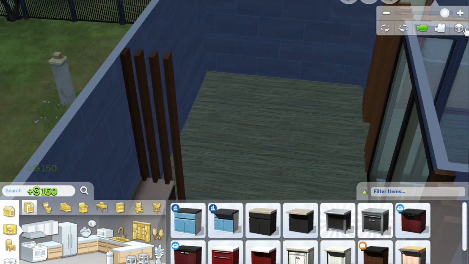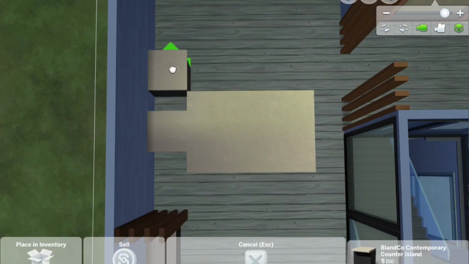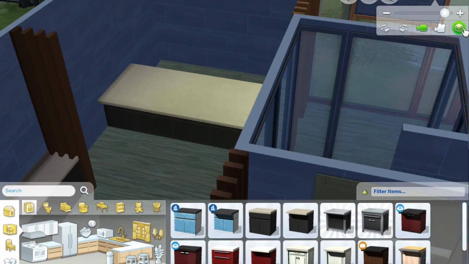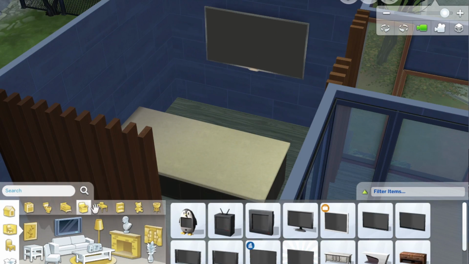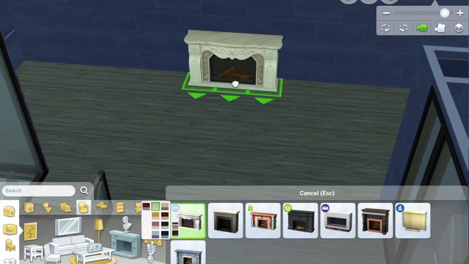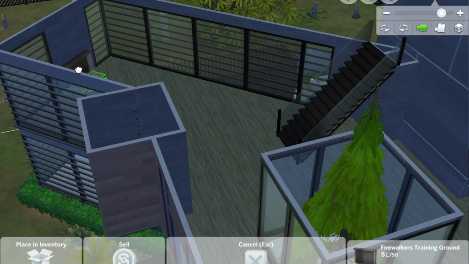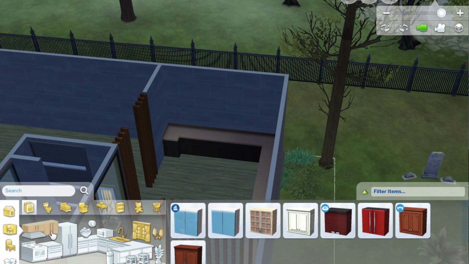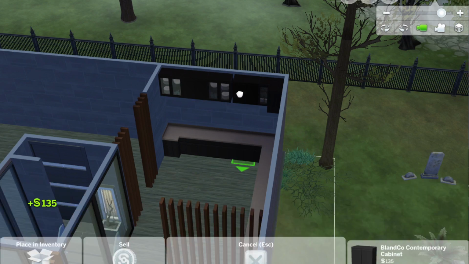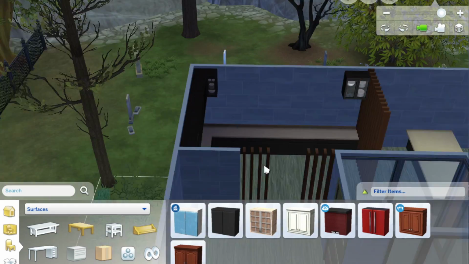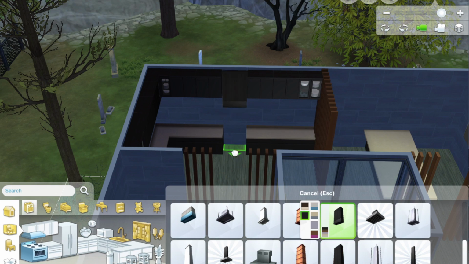But yeah, creating a bar, keeping it modern. And I used these counters, which I haven't used before. They came with City Living, and they're not super fancy, but I just liked the colours because it had a kind of cream tinted top to it, and it just looked really modern but different. Putting in loads of cupboards and stuff. What else was I gonna say? It was something about